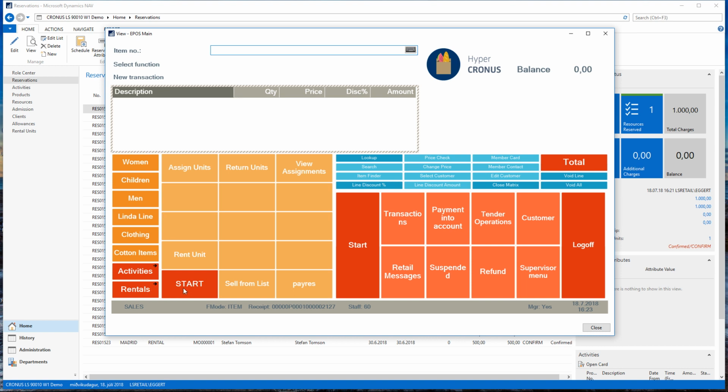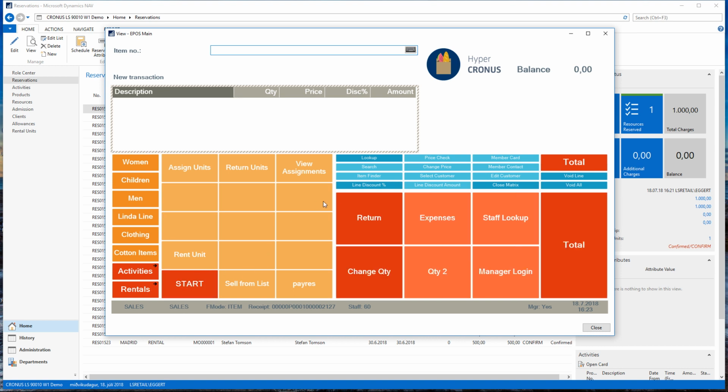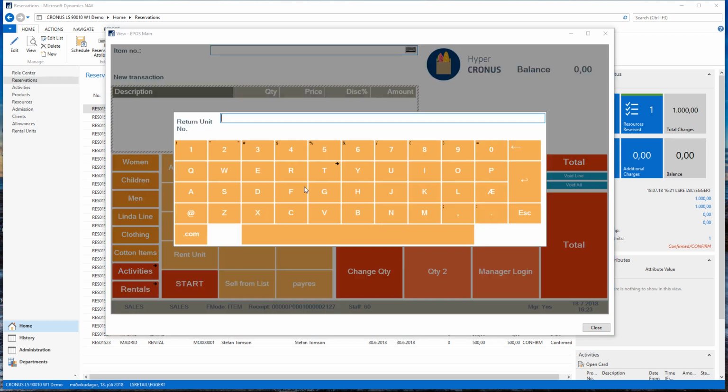So regarding the return process, the POS must be in sales mode due to the fact that the rental returns might require payment. You might have a late return, or you might have a rental contract that hasn't been paid even. So I'm going to return the unit here,